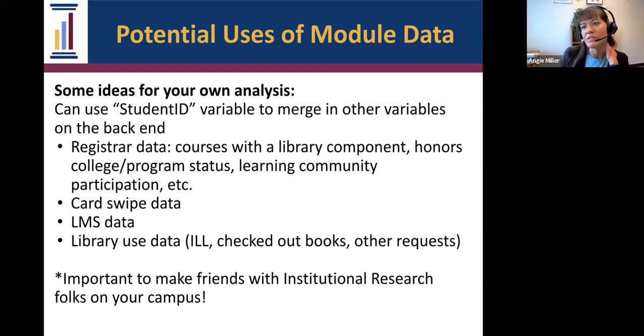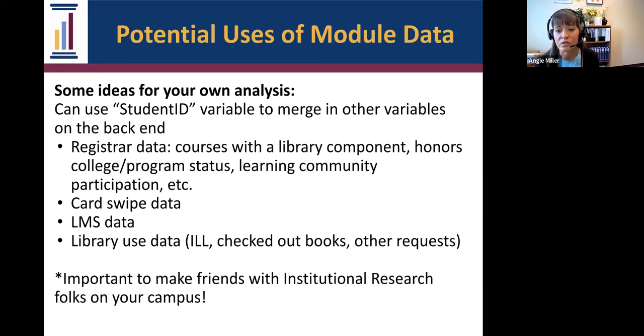So there's several potential uses of the module data, and some of it is on a very specific level, and some of it is more on a broad level. So one important thing to keep in mind about having NSSE data is that the NSSE data, while we call it confidential, it is not anonymous. So when we give the data back to the institutions, they have a student ID variable, meaning that they have the ability, we don't, but they have the ability to merge that back in with other data on their end. So because you know which student's responses are which, you can merge that in with registrar